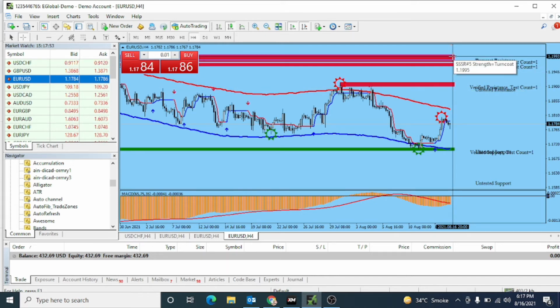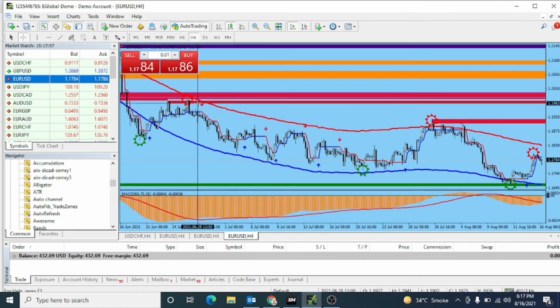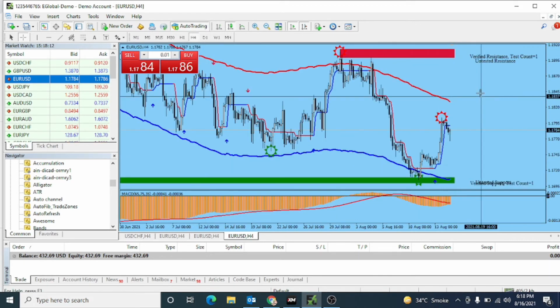But if the market goes there, this is the strong resistance level, because you can check in the previous history when the market was there. The market was there on 25th June. So it means after almost 2 months the market is coming up to this point again. So this is the strong resistance level.